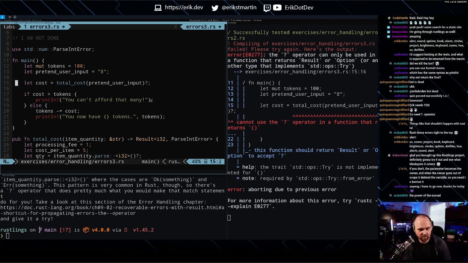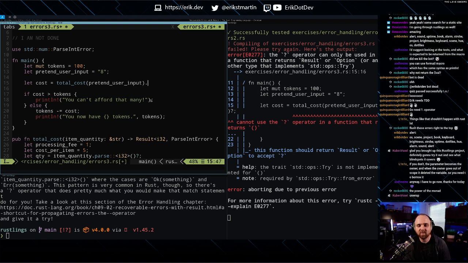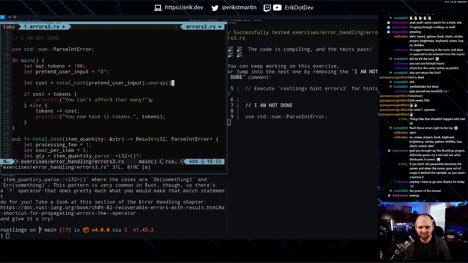Okay, so in this case, it's a dot. There's a function for this. The power of the monad. Now I'm trying to remember the function to get the inner value. Unwrap. Unwrap. That's it. Which is bad. We probably shouldn't do that, but you know.